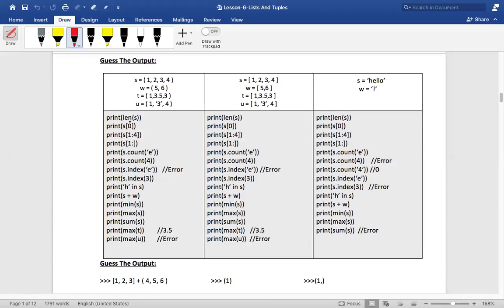Now tell me, what is this called? Is it a method or a function? It's a function. When do you call it a method? Whenever the function is associated with an object, you will call it a method.